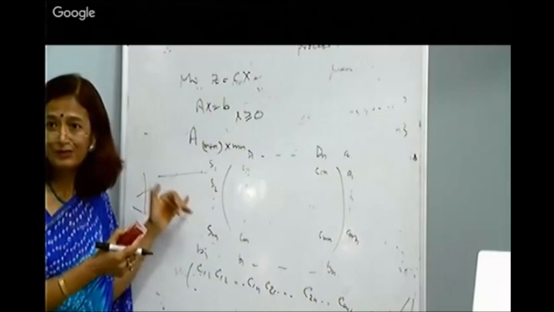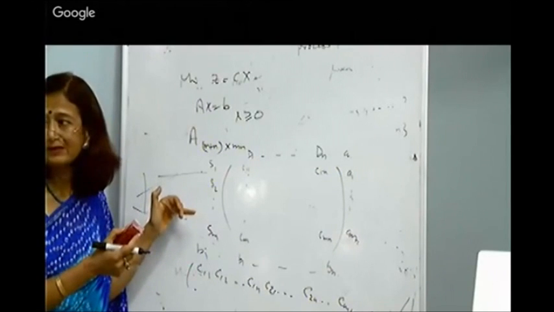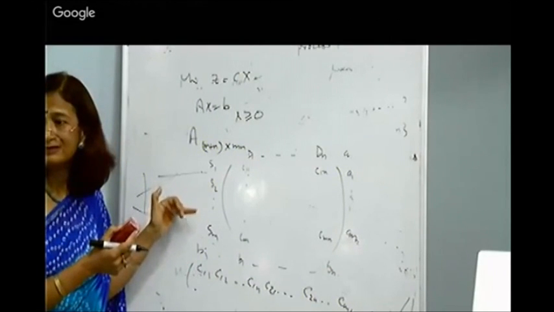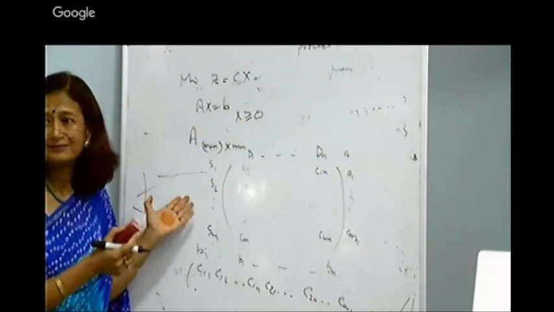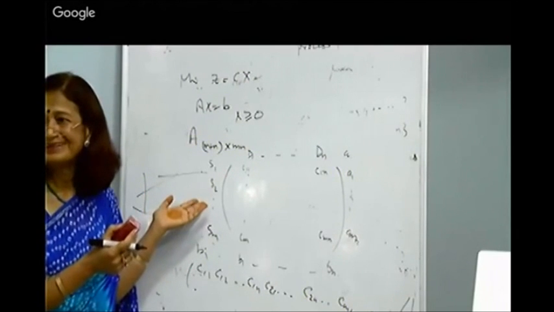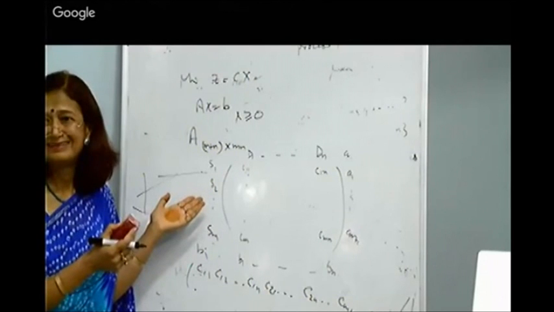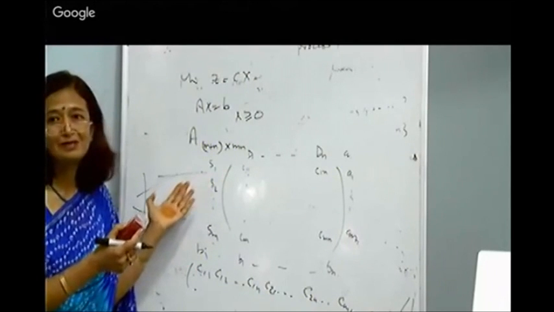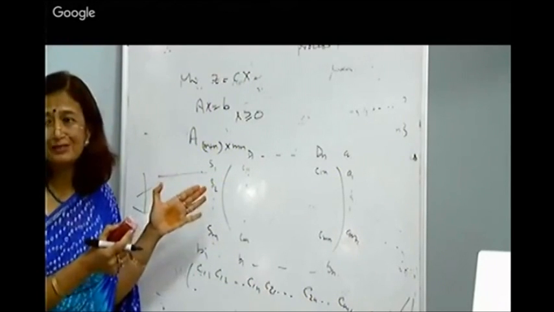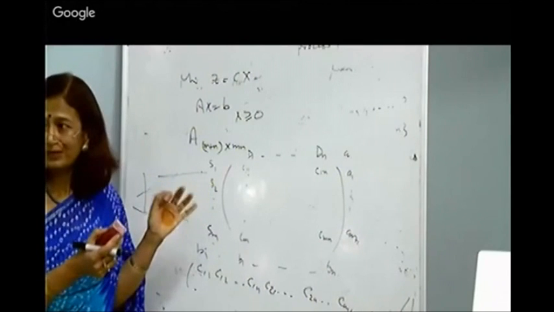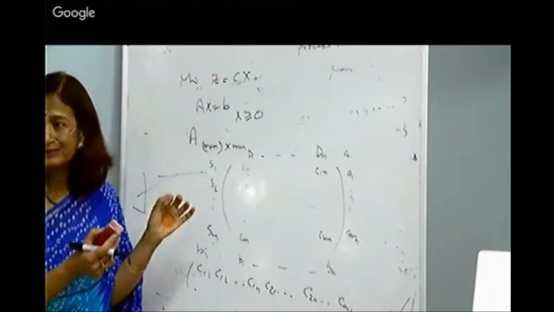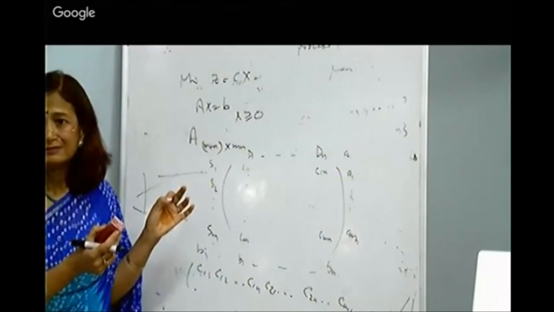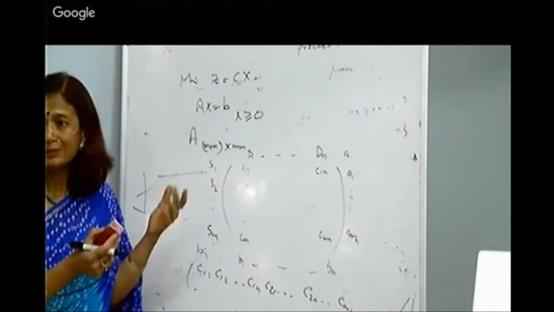Or will it be bounded in some case? Tell me, any one of you? If the feasible region is unbounded, do you call the problem unbounded? Or can the problem